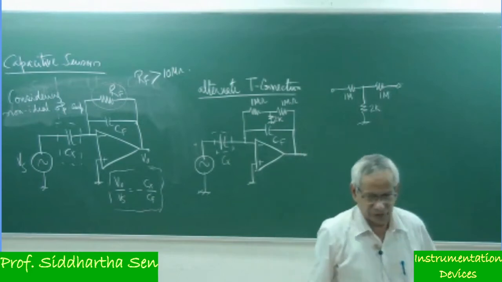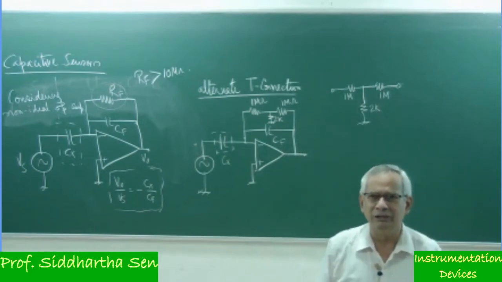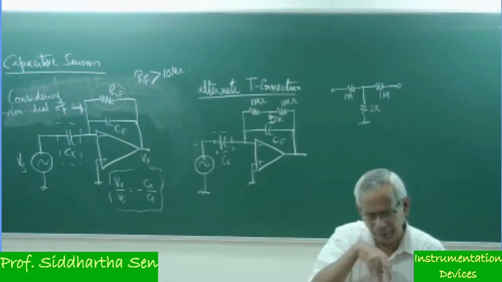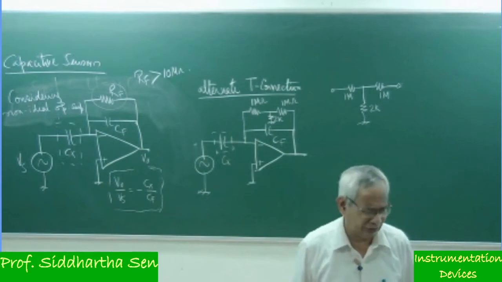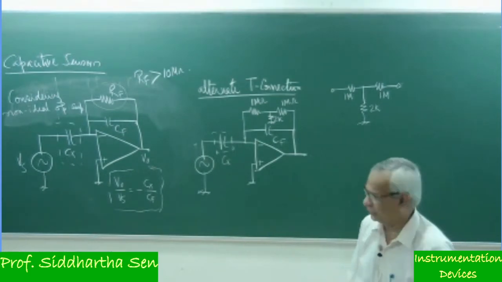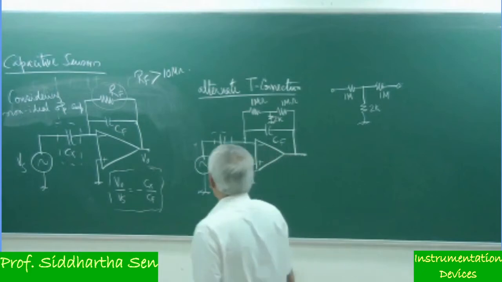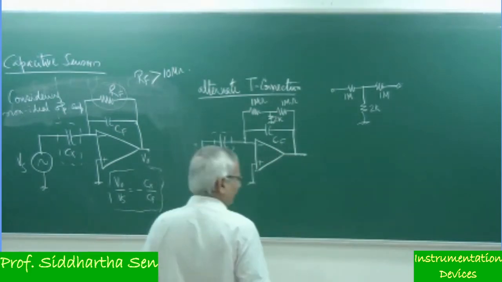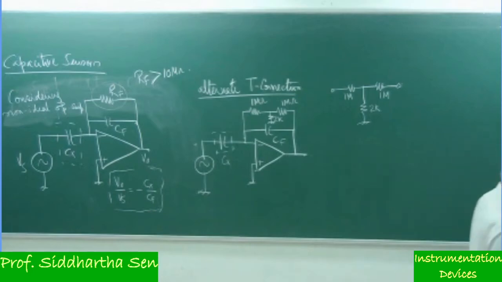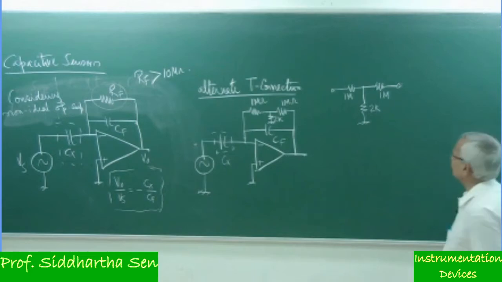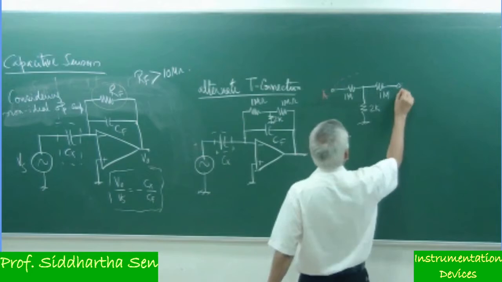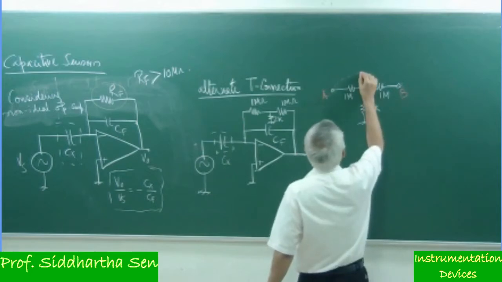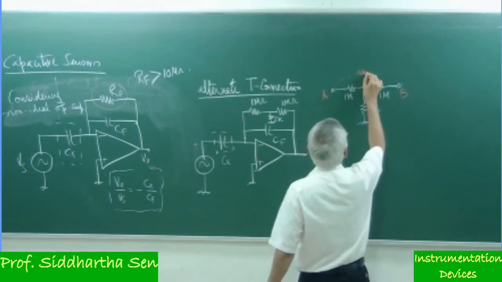You may be wondering why we are using low resistances, what is the use of it? It would be clear if you see that they are in star configuration. So suppose I call it A, B, C. Now if we convert the star into a delta,